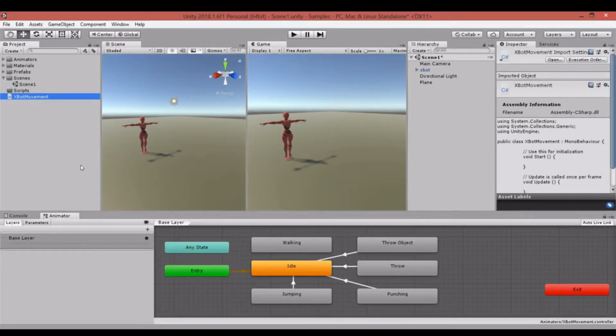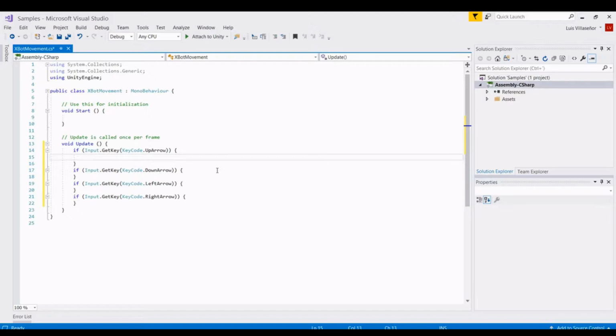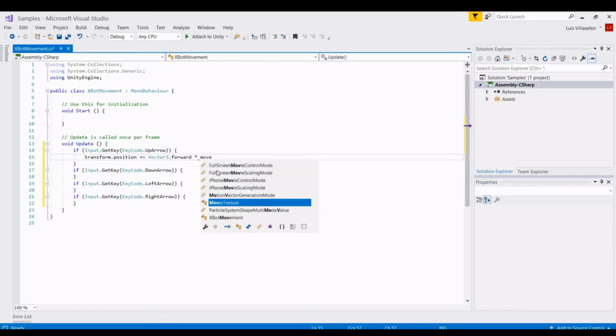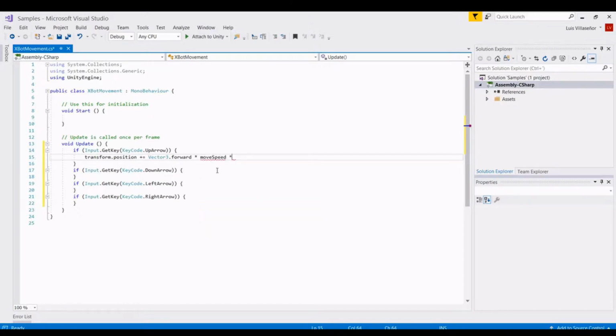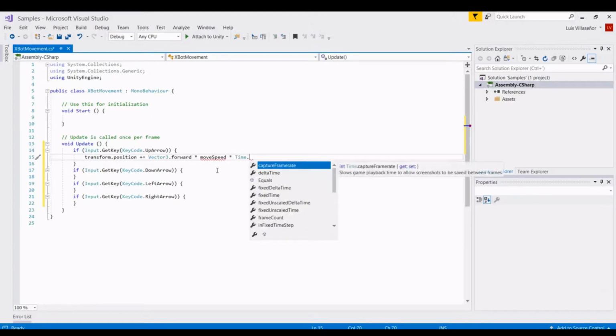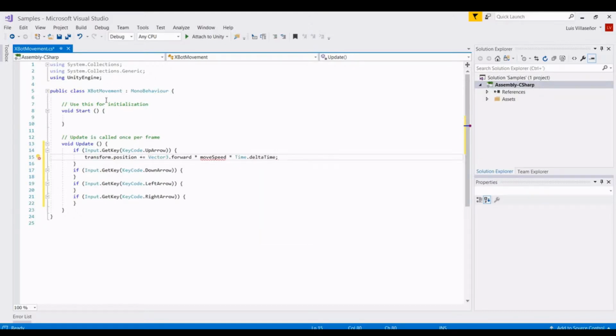So we're going to do it like this. transform.position plus equals, no, Vector3. I'm going to show you something. If I use this Vector3.forward times moveSpeed times Time.deltaTime,